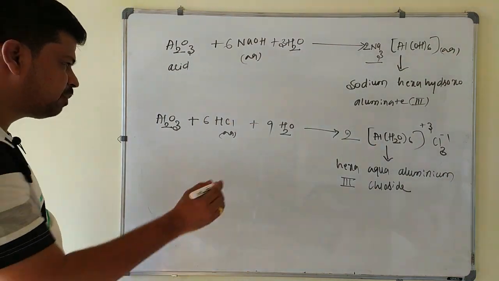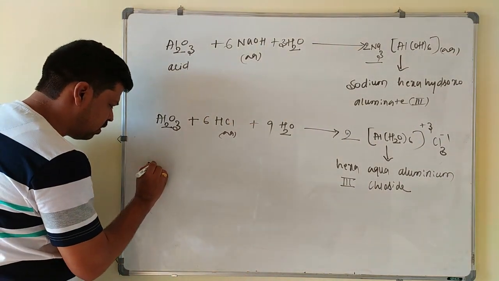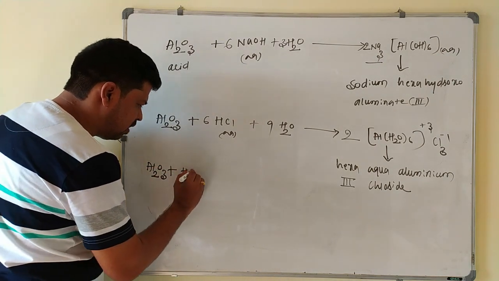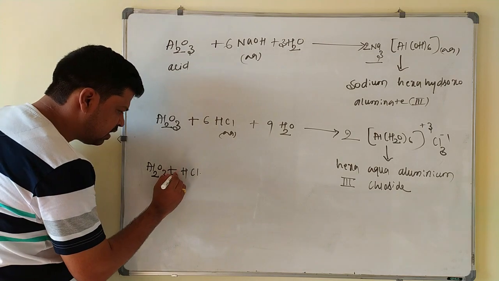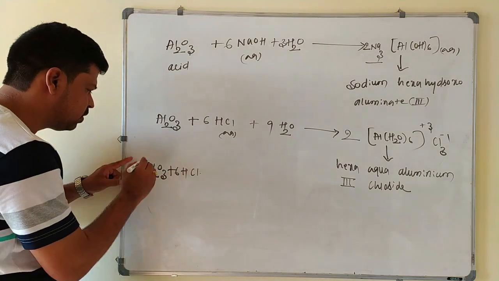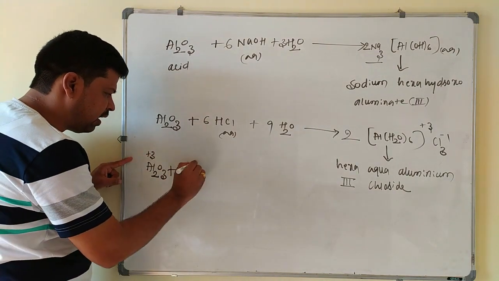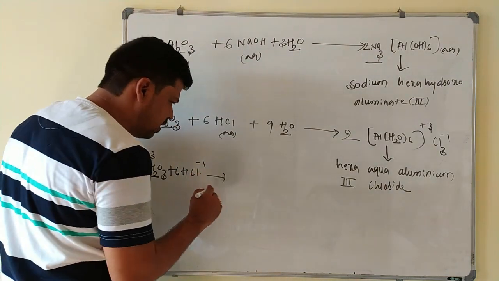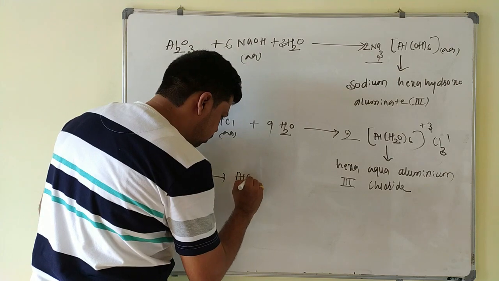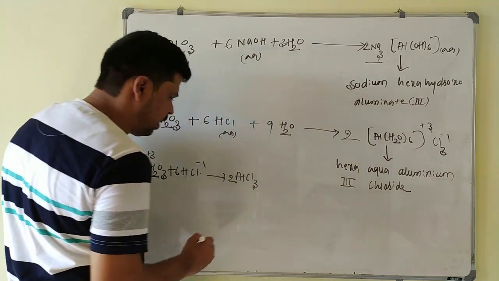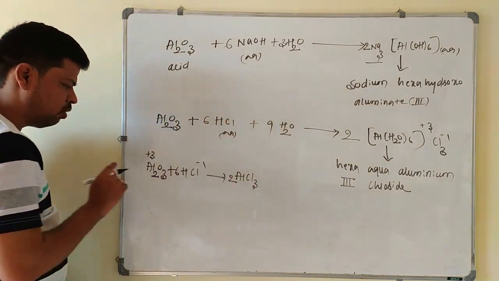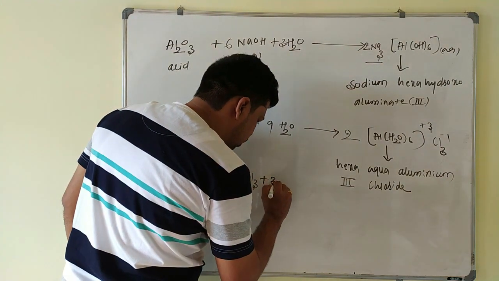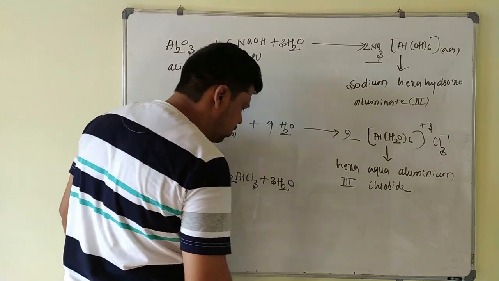Again the same thing here, I will write this explanation. Al2O3, this reacts with HCl, 6 times of HCl we will take here. So this aluminum is +3, it reacts with Cl -1, it will form AlCl3, 2 times, because 6 chlorine, 2 aluminum. Remaining hydrogen they will combine with water, that is they will form 3 times of water molecule.